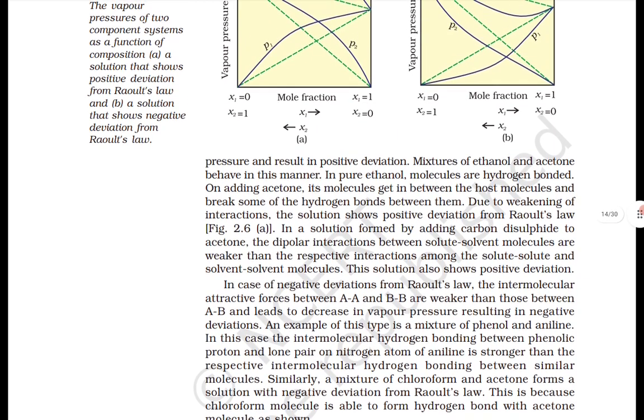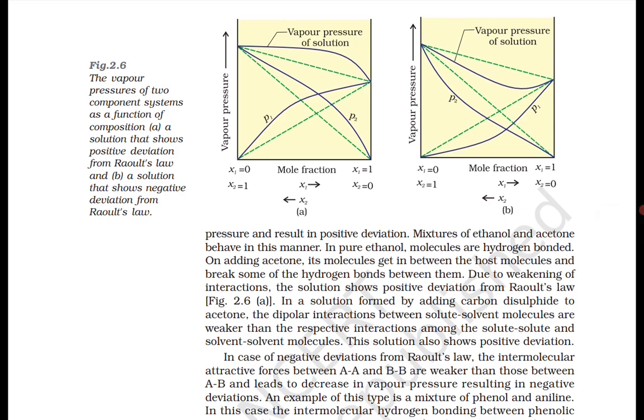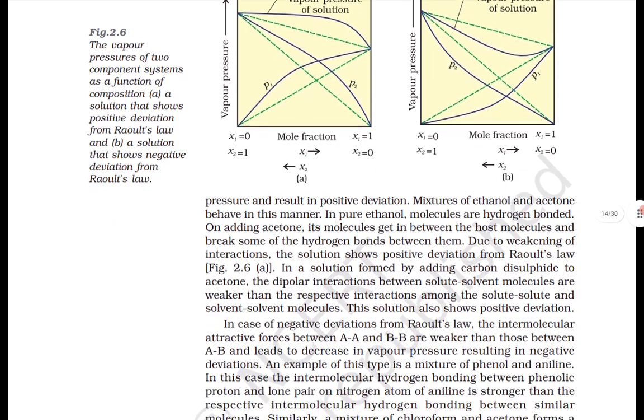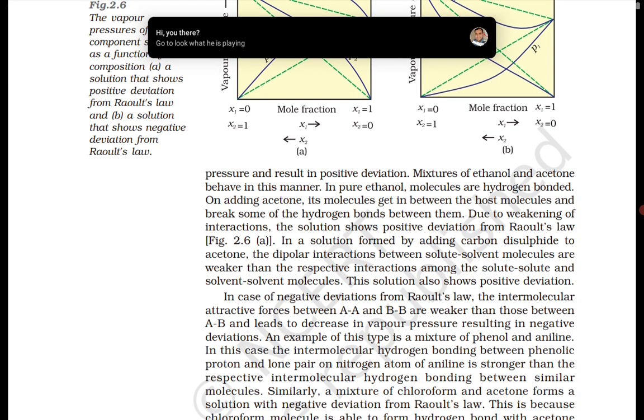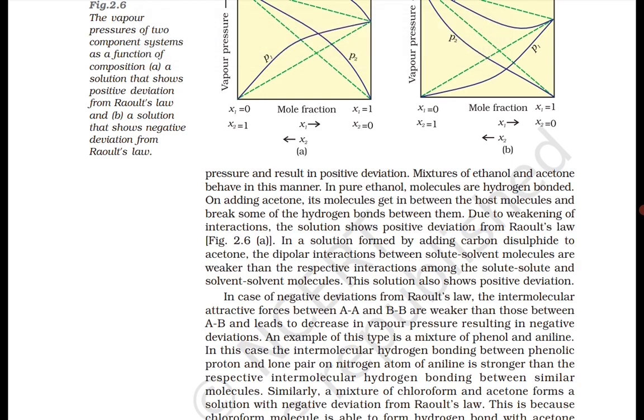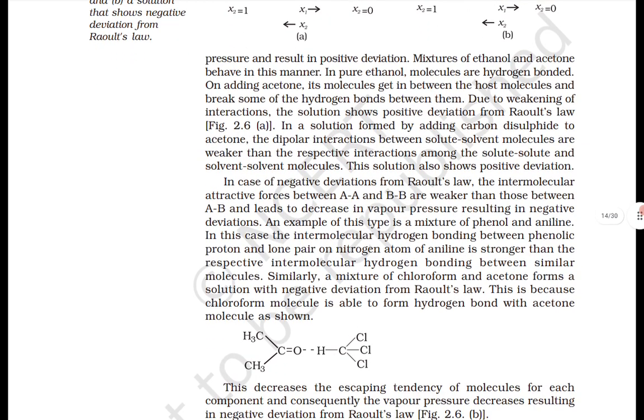Figure 2.6 shows the vapor pressure of the two component systems as a function of composition. A is a solution that shows positive deviation from Raoult's law, and B, a solution that shows negative deviation from Raoult's law. In a solution formed by adding carbon disulfide to acetone, the dipolar interactions between the solute and solvent molecules are weaker than the respective interactions among the solute to solute and solvent to solvent molecules. These solutions also show